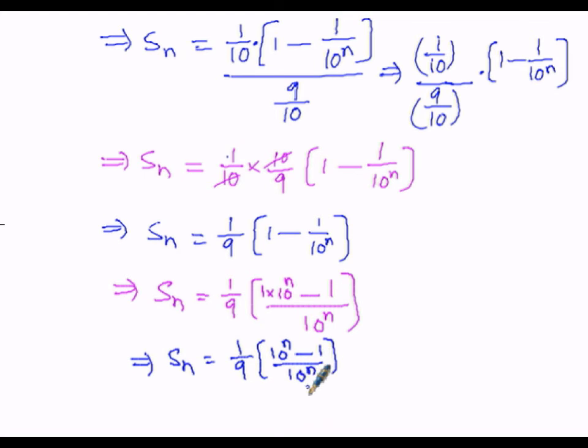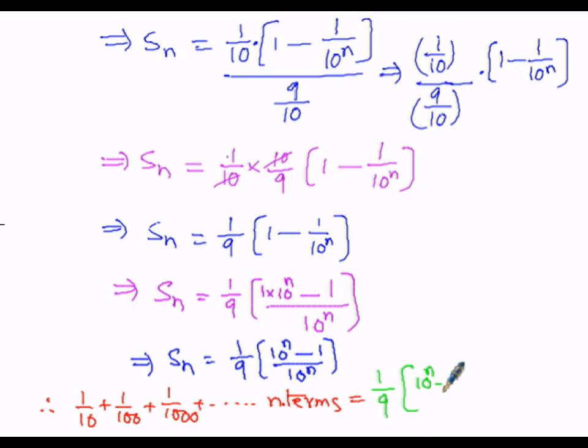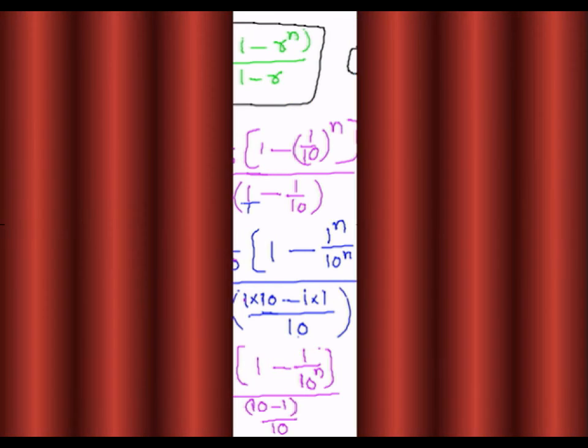Now, this S of n in the first case, instead of this S of n, I want to write it as 1 by 10 plus 1 by 100 plus 1 by 1000 plus and so on up to n terms, which is given by 1 by 9 into 10 power n minus 1 overall divided by 10 power n. Now, as per the question given to us, the sum of n terms, that is 0.7 plus 0.77 plus 0.777 up to n terms, is given by